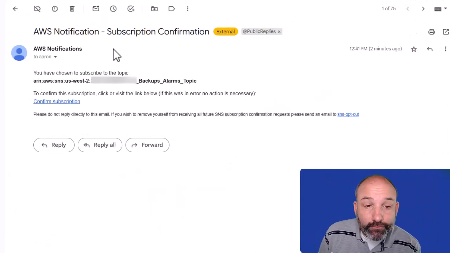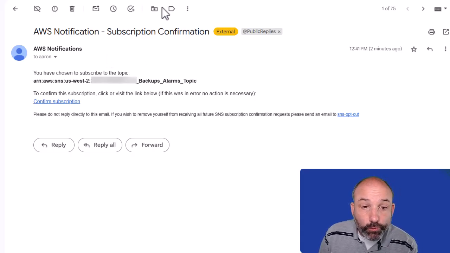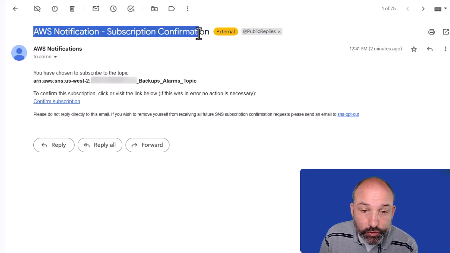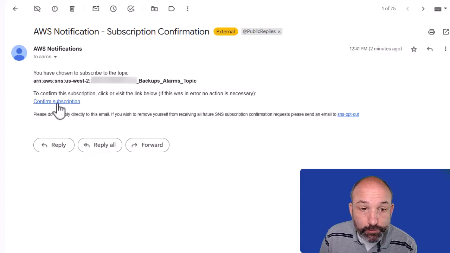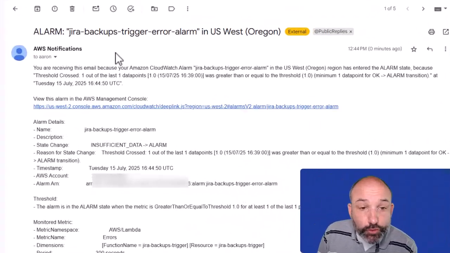One side note I forgot to show a minute ago is one thing we need to do before we test our new subscription is come into our email and see if AWS sent us one of these subscription confirmation emails. If it did, make sure you confirm your subscription in your email account before you test your alarm. Okay, a few minutes passed. You won't receive your alarm email right away, of course,